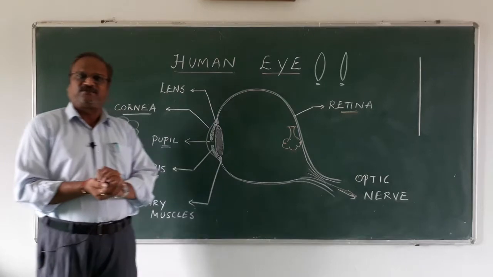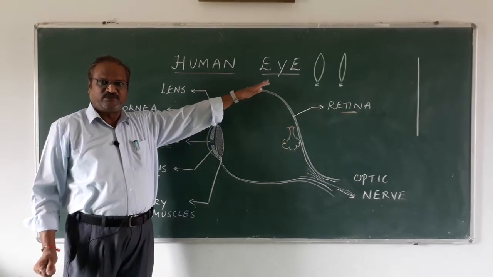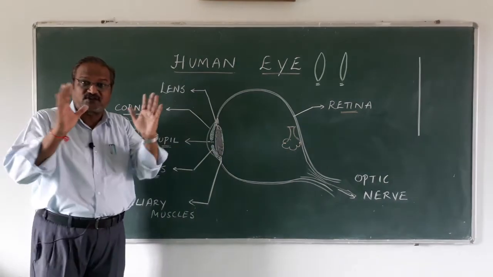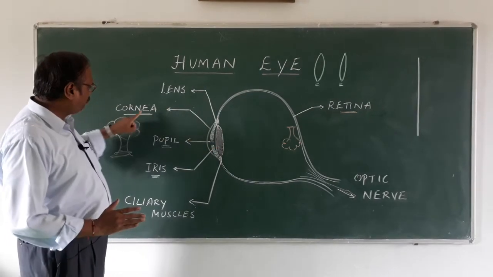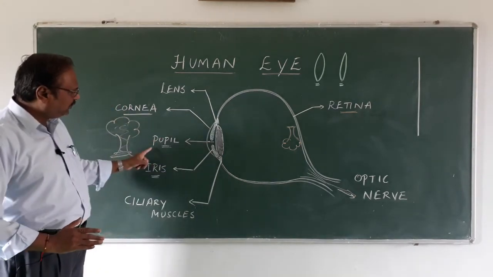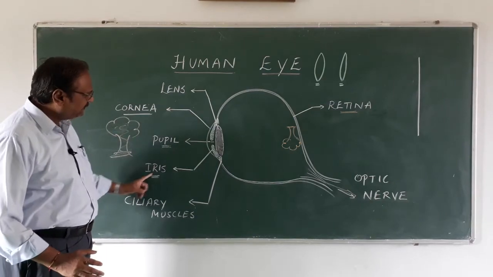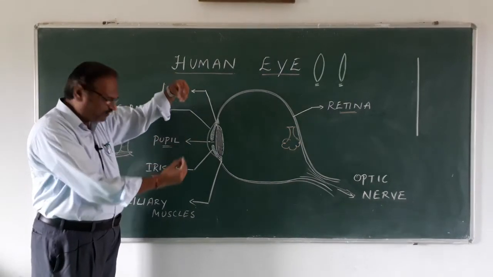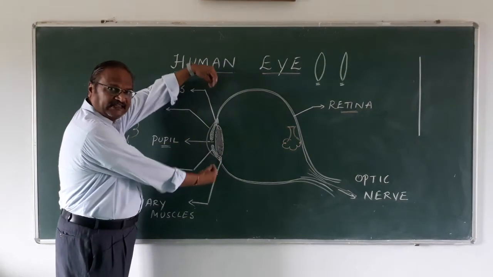Okay. Now today we have learnt the chapter human eye. We learnt about the human eye and all the parts of the human eye. Now you have a lens and you have the cornea, the starting point, the entering point. Then the pupil, which gives color to the eye, and it's a small opening. The iris, which is able to adjust the size of the pupil. The ciliary muscle adjusts the size of the lens.